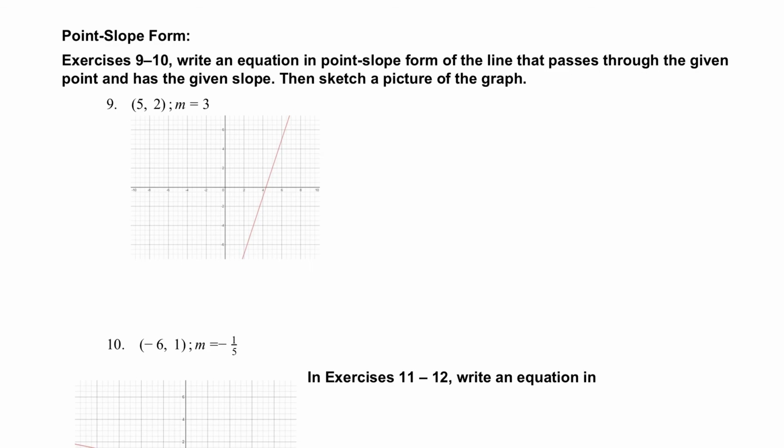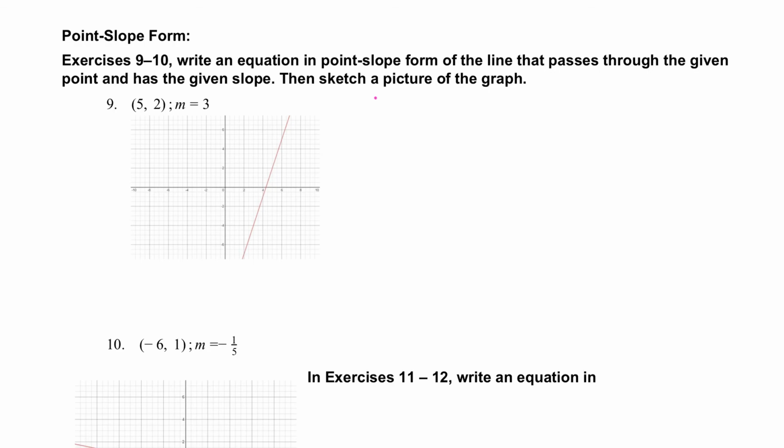In the next part of this review, it says point slope form. In exercises 9 to 10, write an equation in point slope form of the line that passes through the given point and has the given slope. Then sketch a picture of the graph. So I've already inserted the pictures of the graph so you can compare yours. But